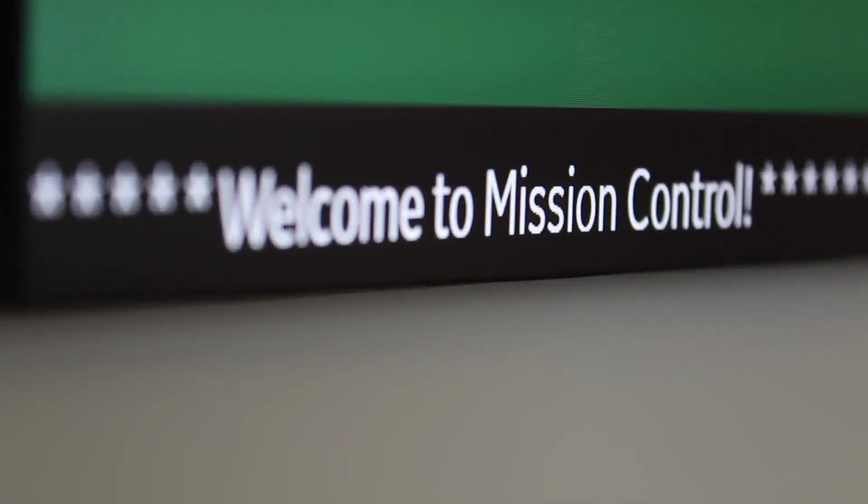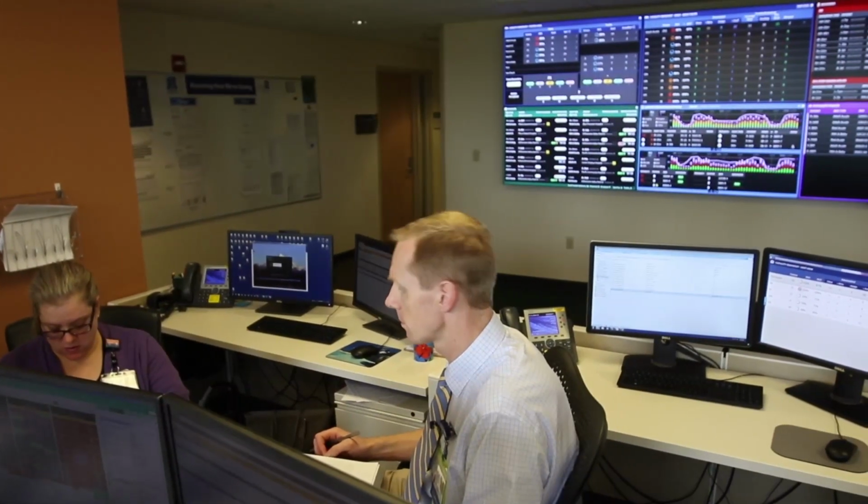OHSU Mission Control is our operational command center to manage access and patient bed flow across our system. Before we had OHSU Mission Control, we declined over 500 patients who needed OHSU care because we could not accommodate them. Any transfer requests that came in, they either came to OHSU or unfortunately were not able to place that patient, which left a lot of people out in referring hospitals